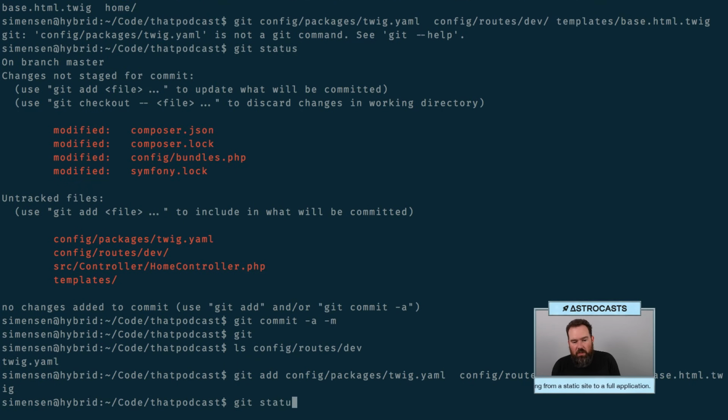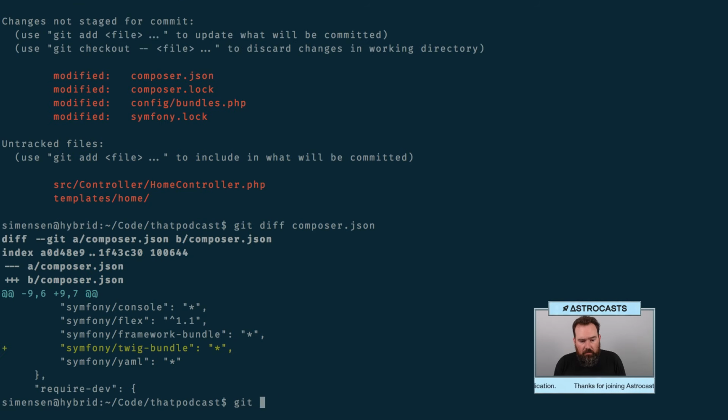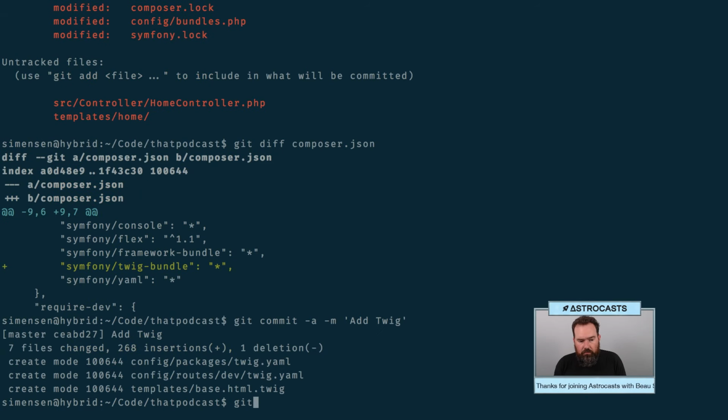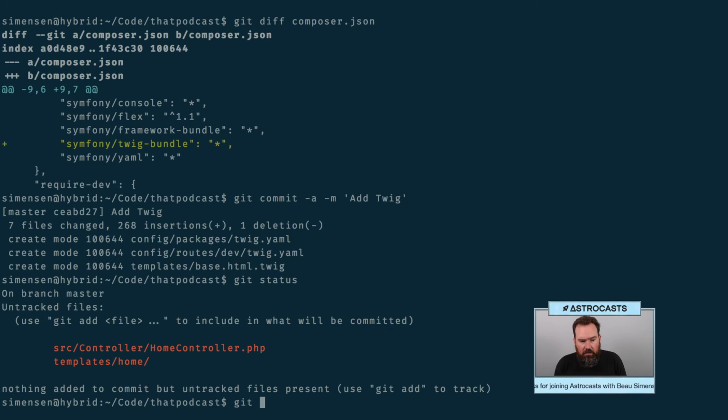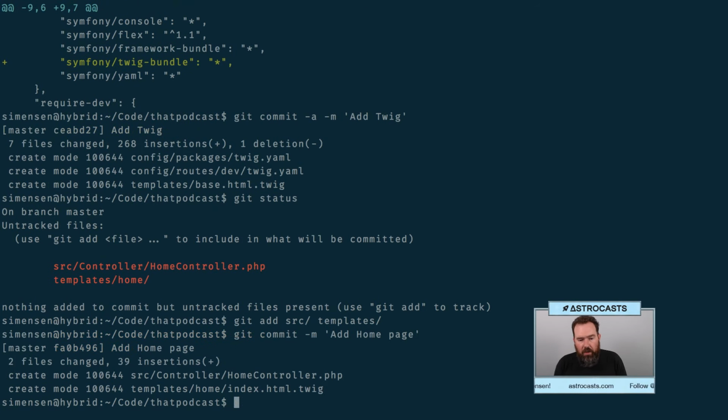There we go. All right, so I'm going to leave the home controller stuff out of this one. So I'm going to say this is diff composer JSON, add Twig, and git add source, add home controller, home page. All right, so